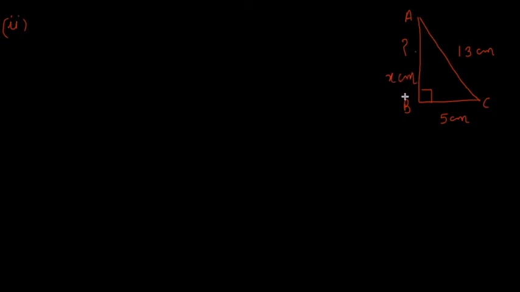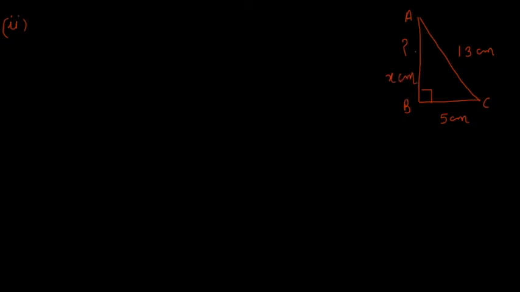I am moving to the second part of this question, in which again a right angle triangle is given. So we will draw a rough figure, which always helps to solve the question. Again, label your figures, say as A, B and C. Here AC is given as 13 centimeters. So we know the length of the hypotenuse is given here. BC is given as 5 centimeters and we have to calculate the perpendicular length. So here we assume it as 8 centimeters.